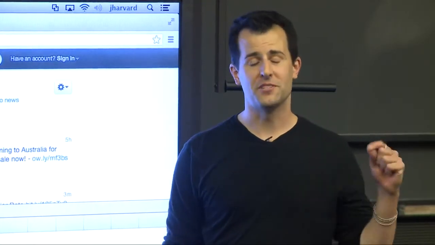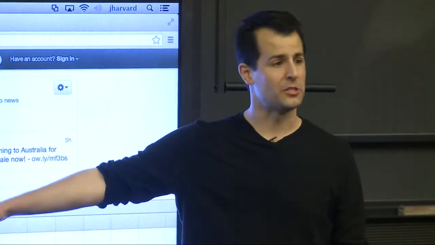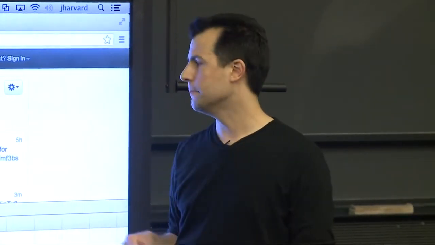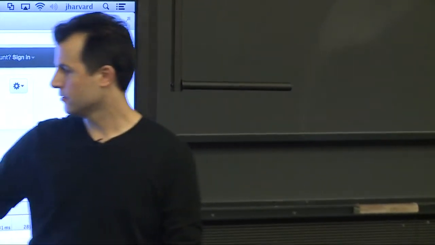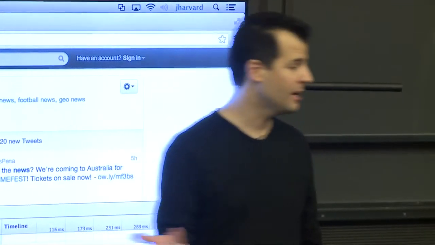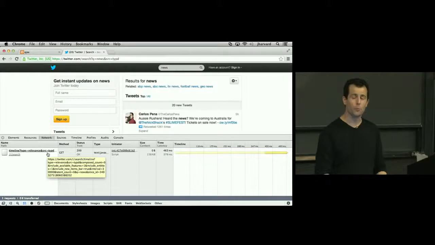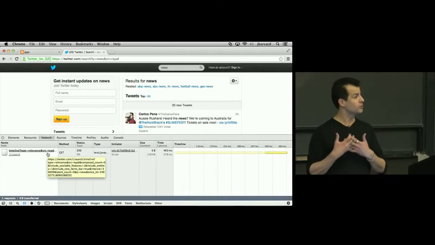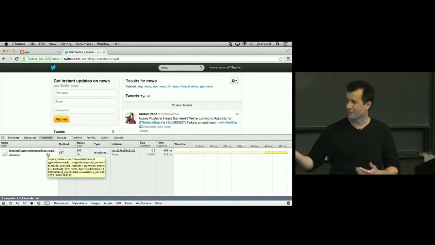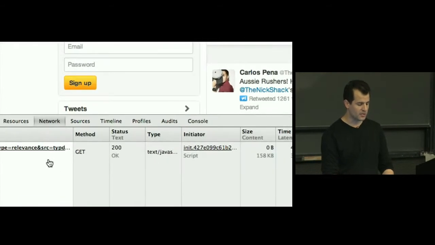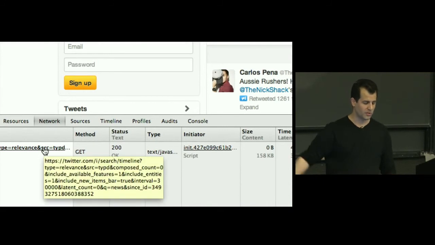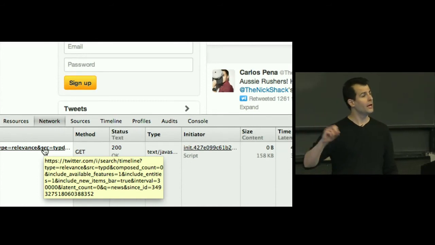So what I did was I opened the same tool that we opened earlier, which is Chrome's Inspector tab. And again, Safari and IE and Firefox have these same kinds of tools. And oh, there we go. And I clicked on the Network tab because, as I expected, we would have this little row appear here, if we waited long enough. So what happened is apparently Twitter's JavaScript code is making an Ajax call every half a minute, however often that's going to flash on the screen. And if I hover on this, you can see that the URL that was requested was this long one here, twitter.com/i/search. And that is because Twitter instantiated one of those XML HTTP request objects and just made an